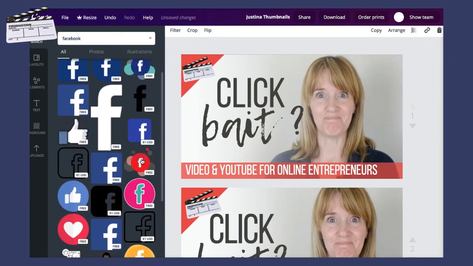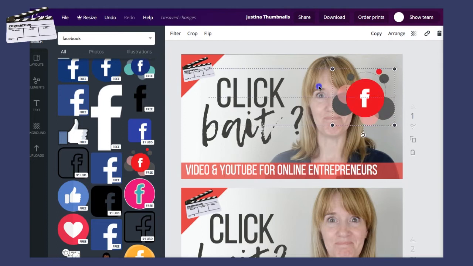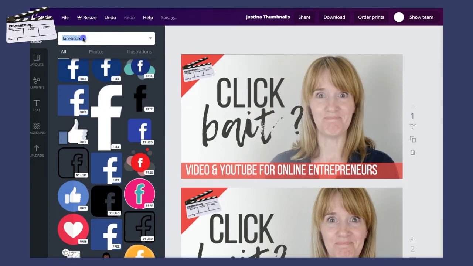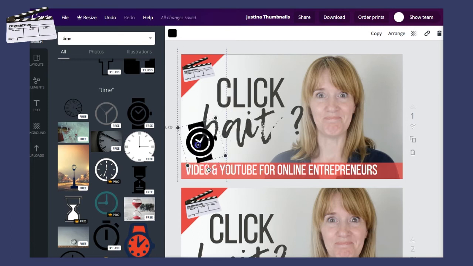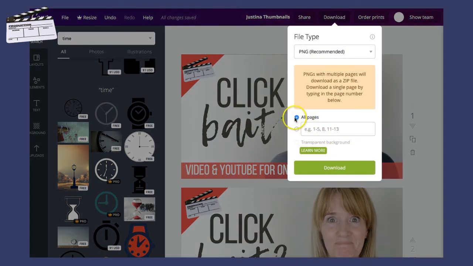And at this stage you can add some other icons if it's relevant. And then you go up to downloads, and it's either just the page if it's a one-page document, or if like me you have several pages, just select the page that you want to print, so you want to download,